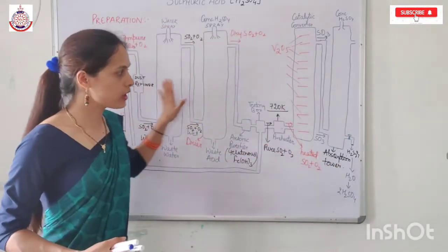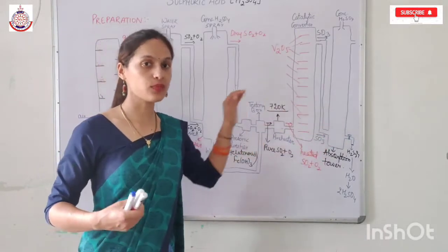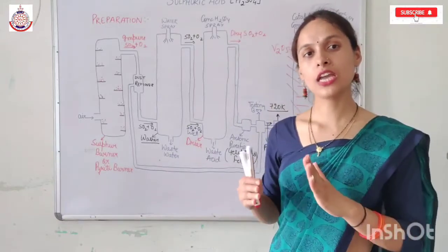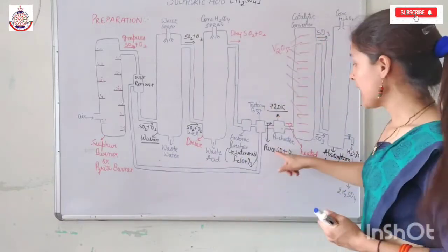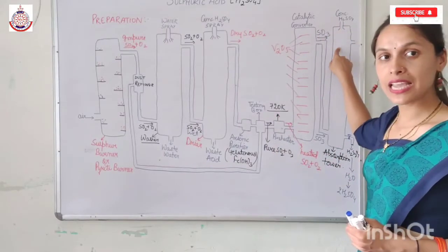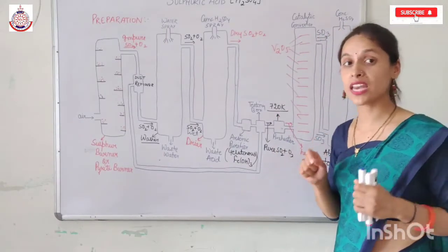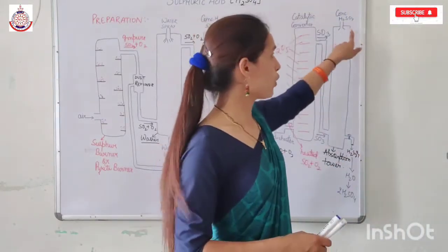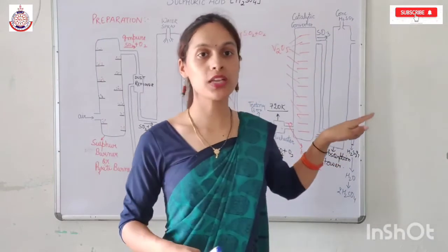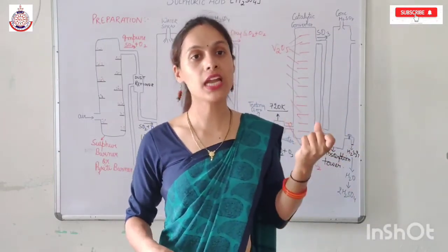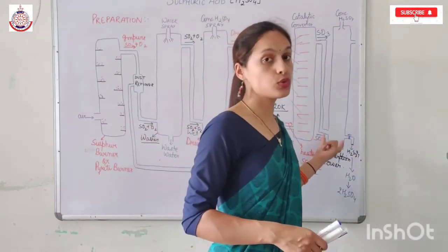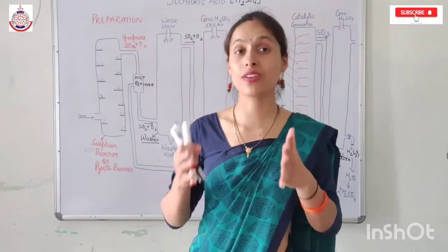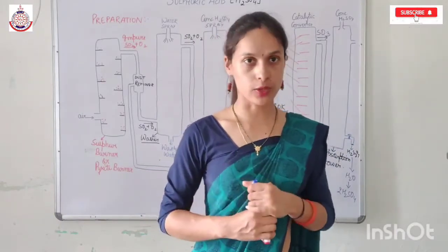So these are the overall steps of the contact process, and with the help of this diagram you can easily write the theory based on the contact process. Why do we use H2SO4 in the absorption tower? Because SO3 has very little affinity towards water. That's why we use H2SO4, which easily absorbs SO3 to form oleum, and then we use water for the dissolution. If we use water here, we get a very small amount of sulfuric acid because SO3 has very little affinity towards water.